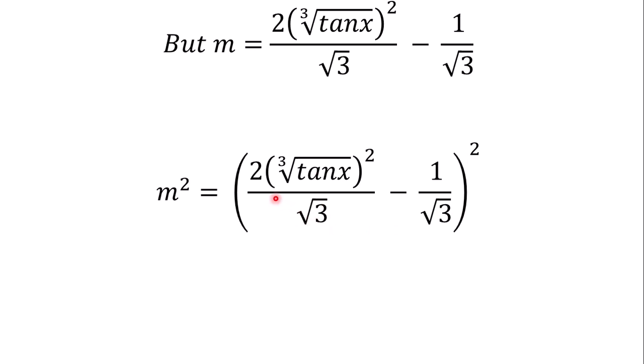So it's going to be minus 1 over square root of 3 times 2 times cube root of tangent x to the power 2 all over square root of 3 times 2. And that is going to give us 4 over 4 times cube root of tangent x to the power 2 all over 3,